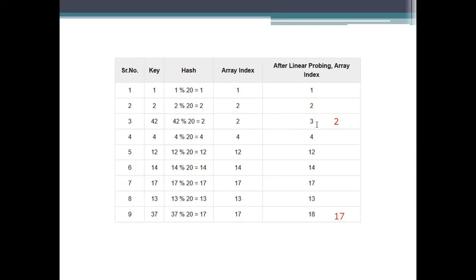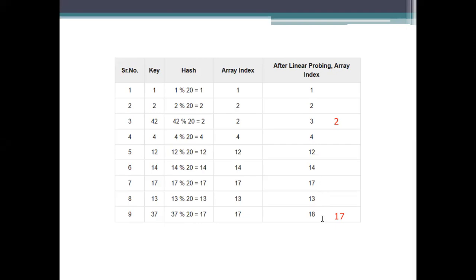42 will be at position 3. And we get another problem: 17 has been used by the key 17, and 37 is also using the key 17. So the key 17 is colliding with 37. That array index 17 has been used, so we must not clear the values it has.